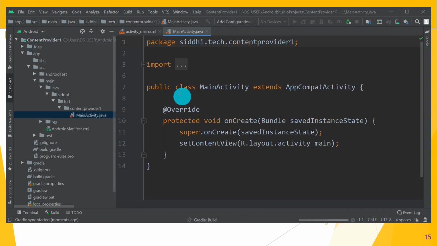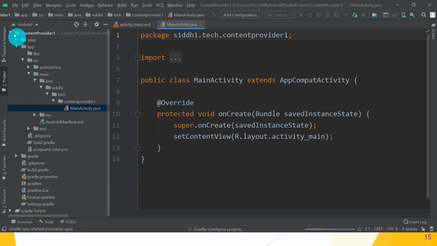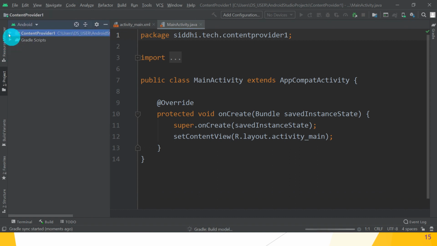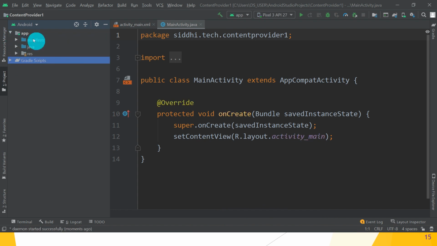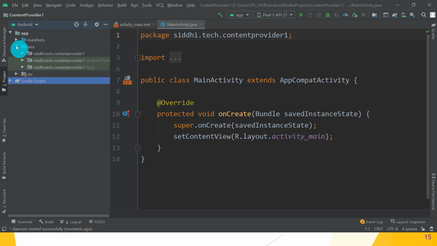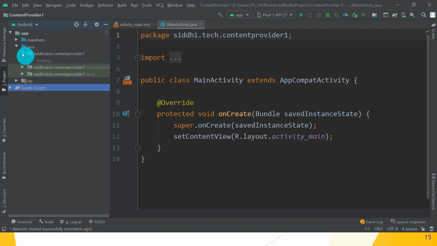So wait for a moment so that Gradle synchronizes everything. The synchronization process is going on, so wait for a moment. Okay, so the app folder contains the manifests, java and res folders. Into that java folder there is one package, siddhi.tech.contentprovider, that is the path.